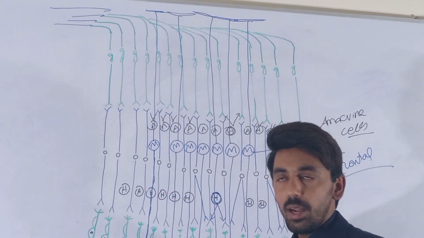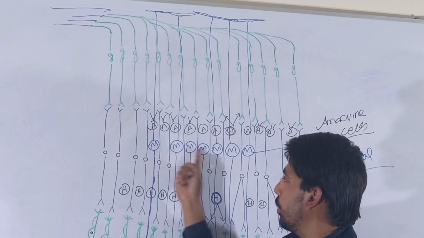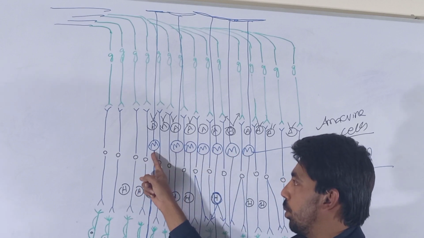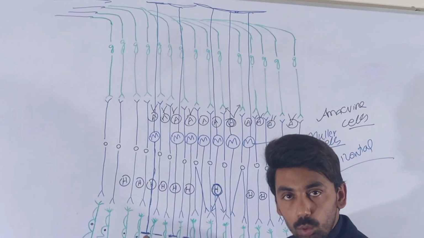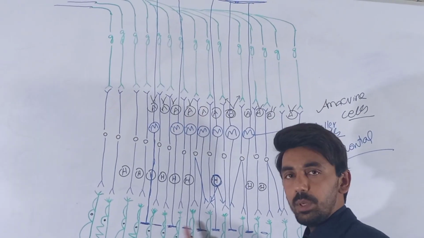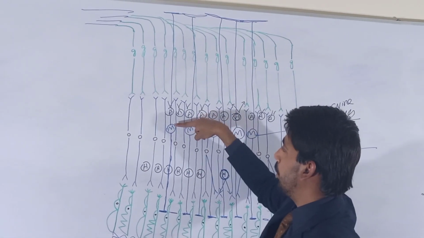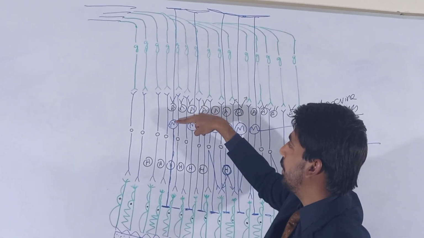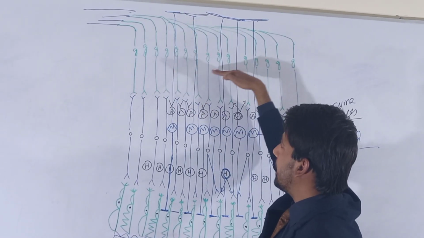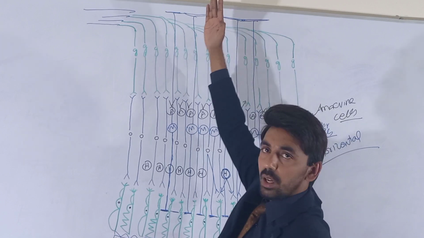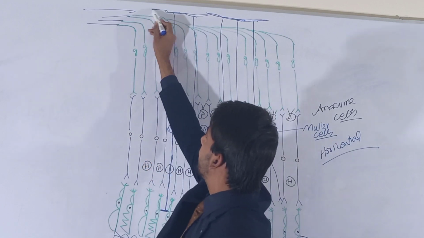So as you can see, the outer end of the Muller cells will start from here, from the nucleus of the Muller cells. These are the nucleus of the Muller cells. The outer end will move from here and approach the photoreceptor cells, and it will make a new layer in the portion of the photoreceptor cells near the nucleus of the photoreceptor cells, right? And the inner end will move from the nucleus of the Muller cells and travel towards the vitreous. It will cross the ganglionic layer, the nerve fiber layer, and move towards the vitreous. And it will make a new layer near the vitreous over here.